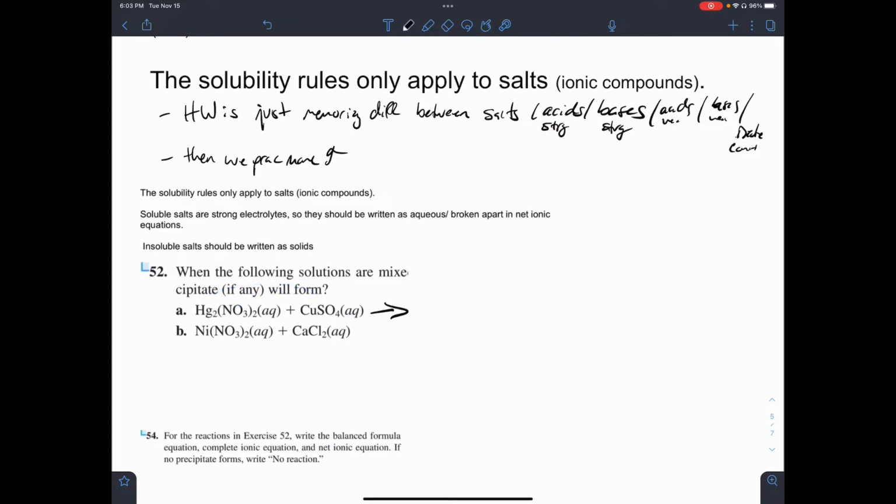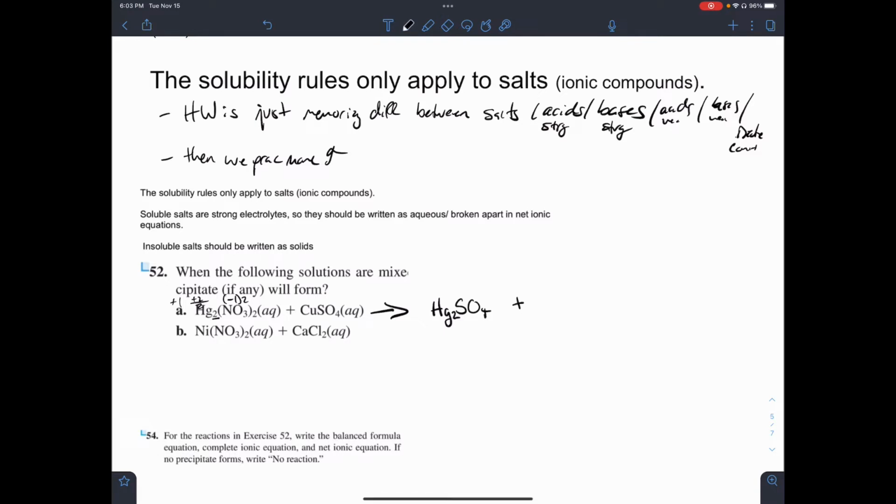I do have to know the charges, however. When mercury and sulfate come together, I have to know the charges to know if I should write a subscript. Check the back of the periodic chart. Sulfate has a 2 minus charge. Mercury's plus 1, and that one I actually know by looking at nitrate. Nitrate's minus 1, and there's 2 of them. So to balance a 2 minus, I need a plus 2, and since there's a 2 right here, each one must be plus 1. So to put these two together, this has to be Hg2SO4,